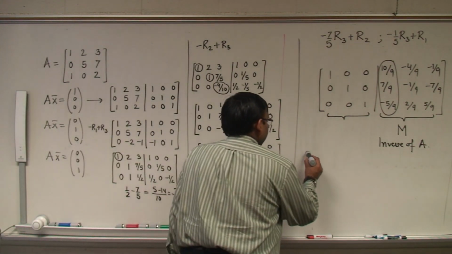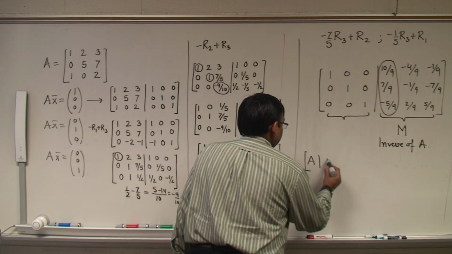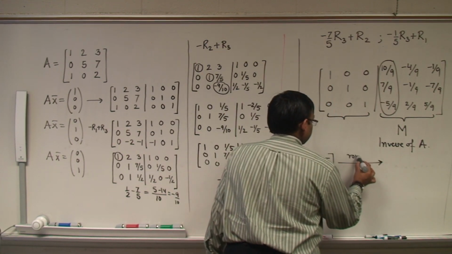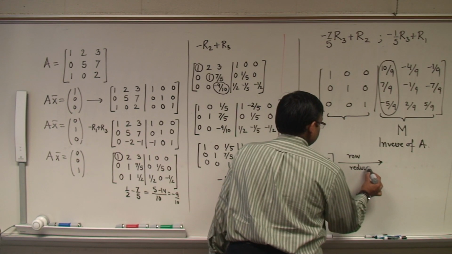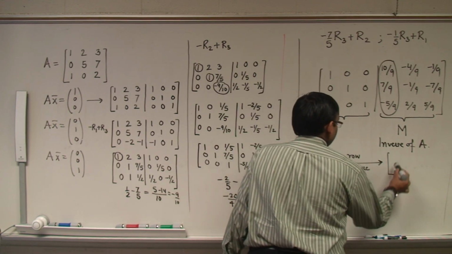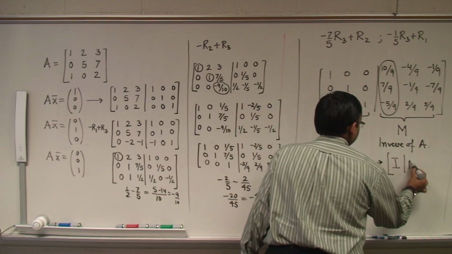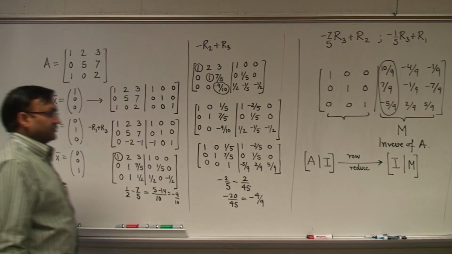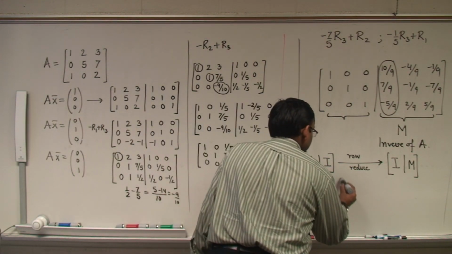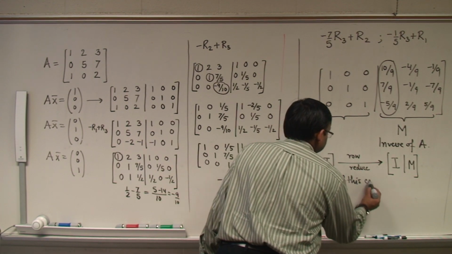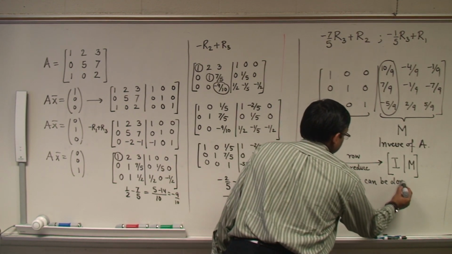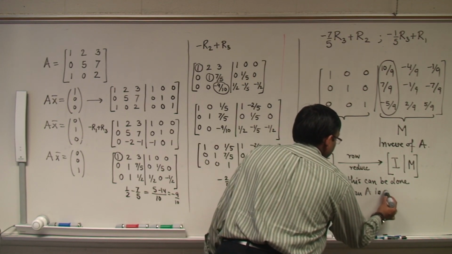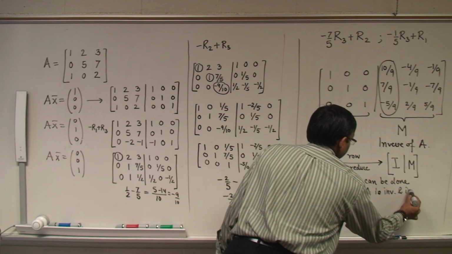So if I were to write down a test for this, I will say, I will start with this augmented matrix. I will row reduce it. And upon row reduction, if I am able to get the identity matrix on the left hand side, then the matrix is invertible. So if this can be done, then A is invertible and the inverse is